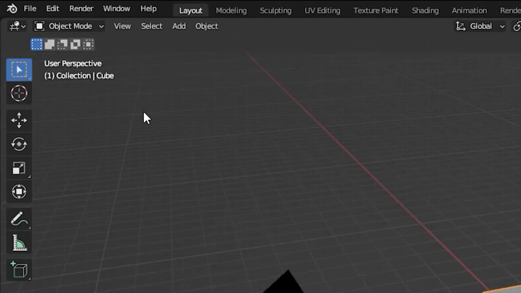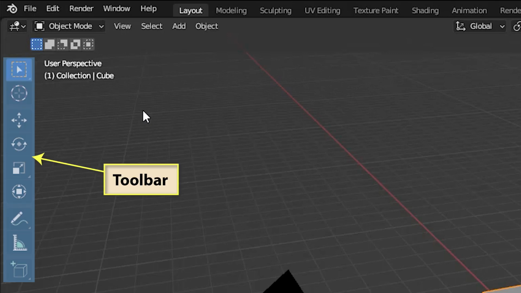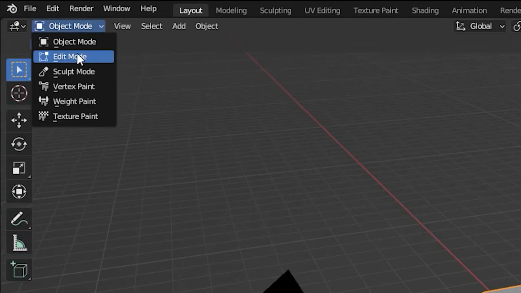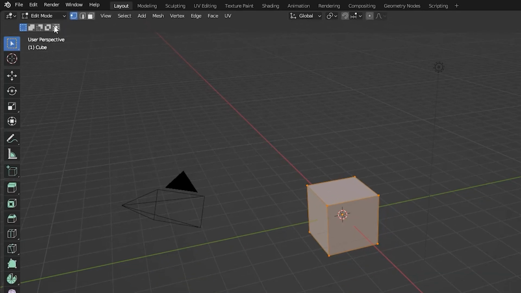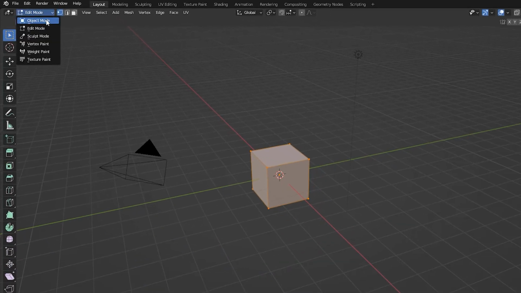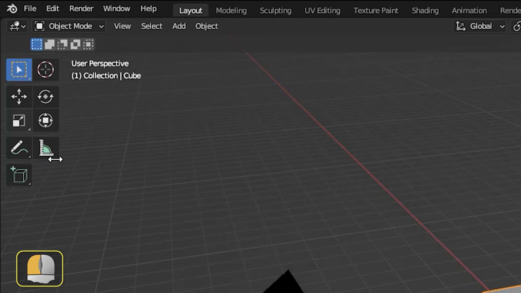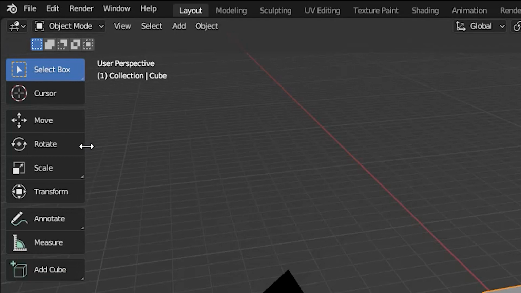To the left of the text is the toolbar. This contains the various tools available to use when we want to manipulate the meshes in our scene. Notice that, like the main menu headings, the contents of the toolbar change depending on the mode we are in. The size of the toolbar can be changed by dragging on its right edge. If we drag it out slightly, the tools reorganize themselves into two columns. Drag even further and it returns to a single column, but now descriptive text has been added, briefly explaining the